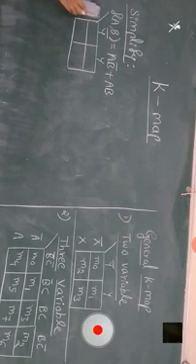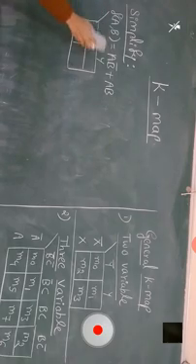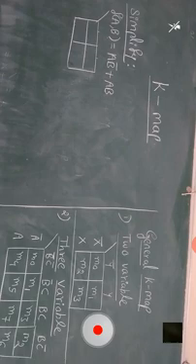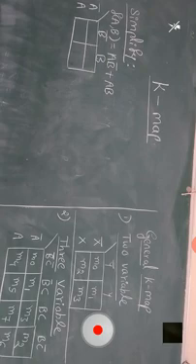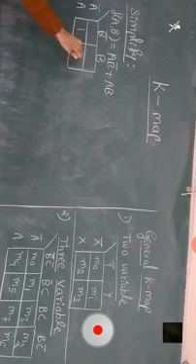So, here, instead of writing x bar and y bar, I will use AB. Here I will write A bar and A, and here B bar and B. Only the notations have been changed. Okay, so here A B bar. A B bar means A is here, B bar is here. So I have to mark here as 1. Next thing, AB. Where AB comes? AB comes in this bar.